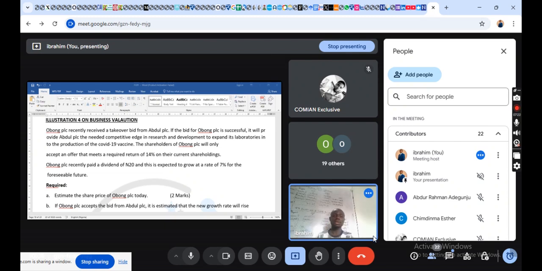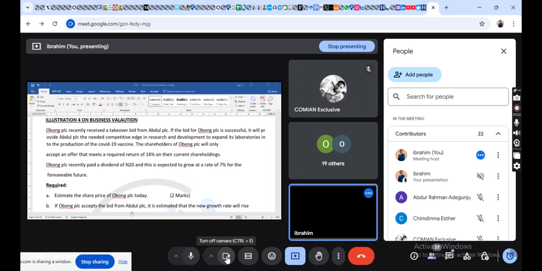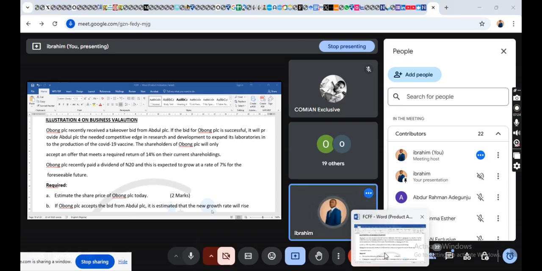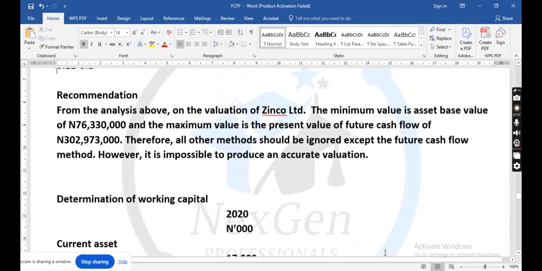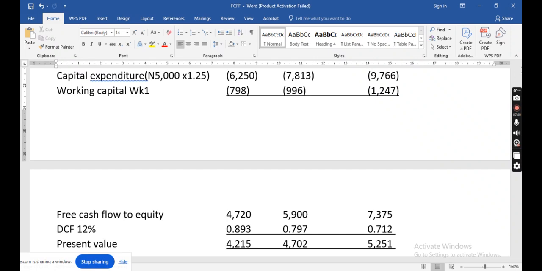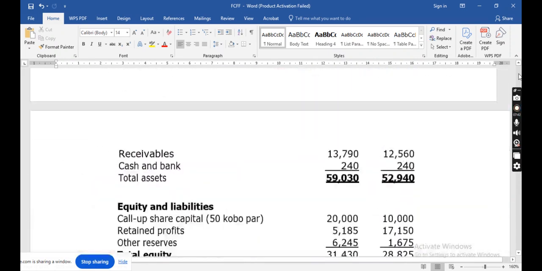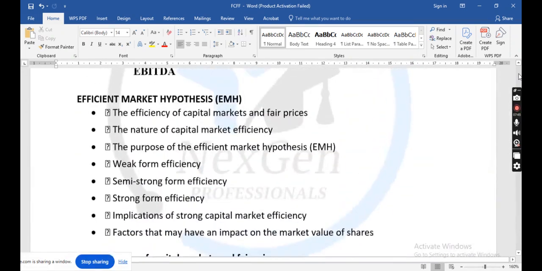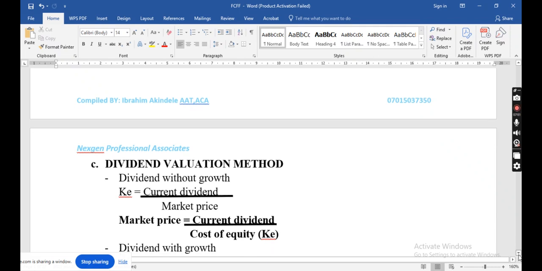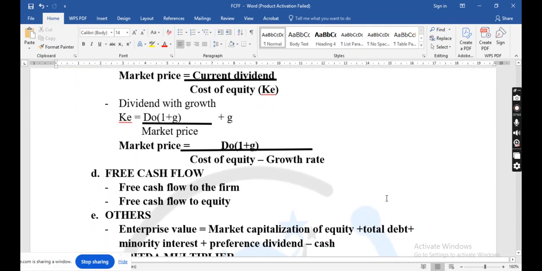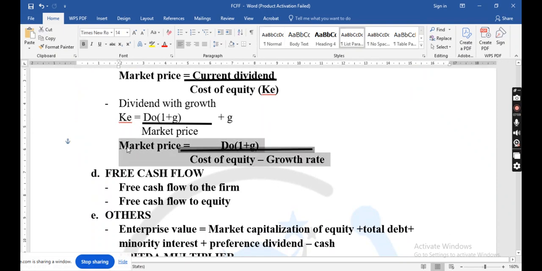That is 2 marks. So now let's quickly go back and check. Dividend valuation. Please. Okay, so can you see it? Dividend with growth. Can you see the formula? Please, you must know this formula. Dividend with growth. So you can copy this